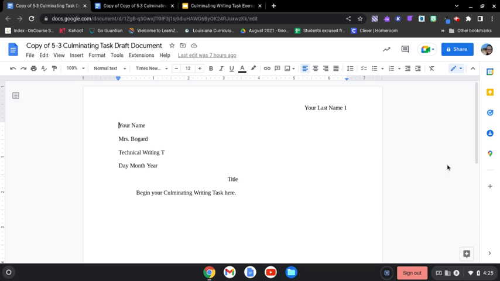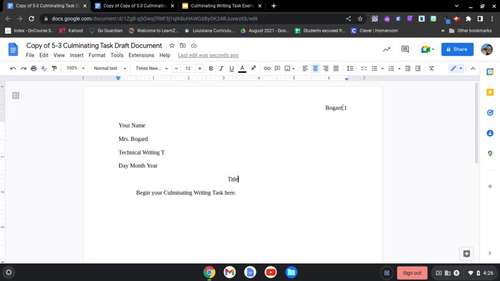Now, the first thing you're going to take care of, if you notice up here in the upper right hand corner, it says your last name and then it has a space and the number 1. This is called a header. So where it says your last name, you're going to double click, then highlight, and then you're going to type your last name. Now I'm going to type my last name, which is Bogard, but you're going to go ahead and type your last name. And then you're going to click off. Basically, that will allow for your last name plus the page number to be at the upper right-hand corner of